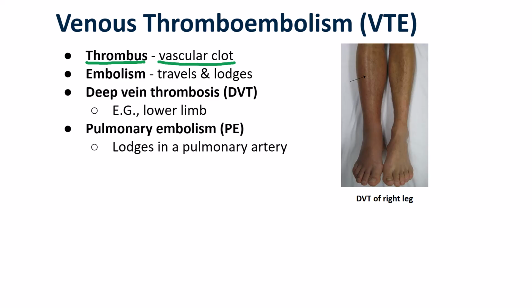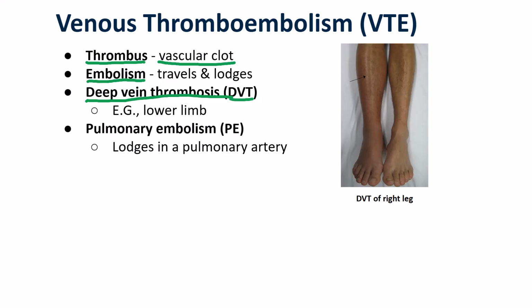These typically remain stationary where they form, but they can dislodge and move. And if they dislodge and move and lodge elsewhere, we call this an embolism. So an embolism is a mobile clot that moves somewhere and can lodge elsewhere. So where this is most significant clinically are things called deep vein thromboses, or a singular deep vein thrombosis, a